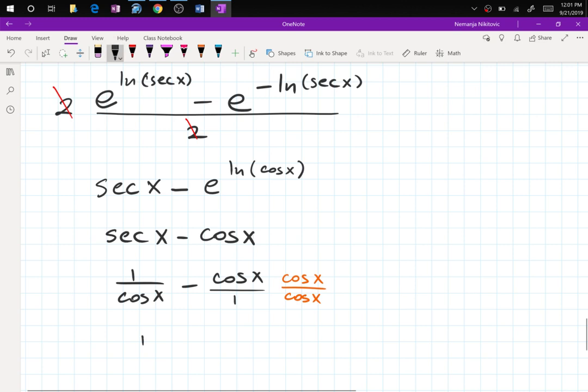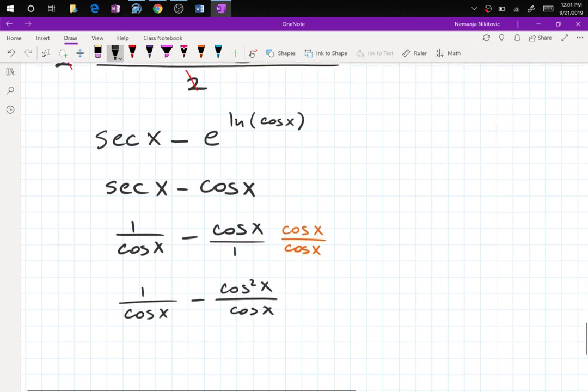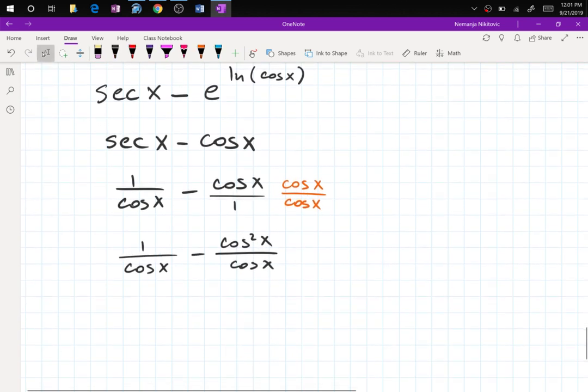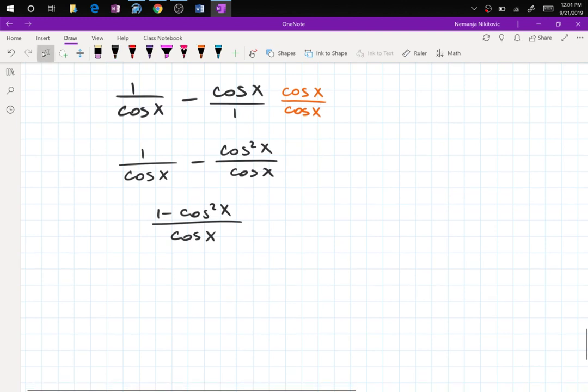And I have 1 over cosine x minus cosine squared x over cosine x. So this is 1 minus cosine squared x over cosine x, and that is sine squared x over cosine x, which I'm going to break into sine x times sine x over cosine x